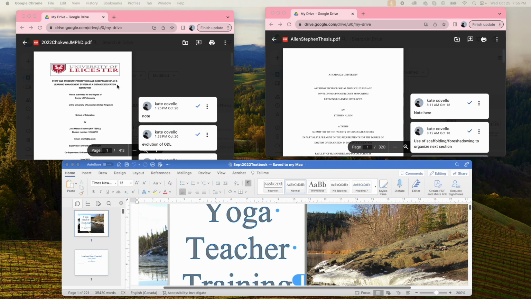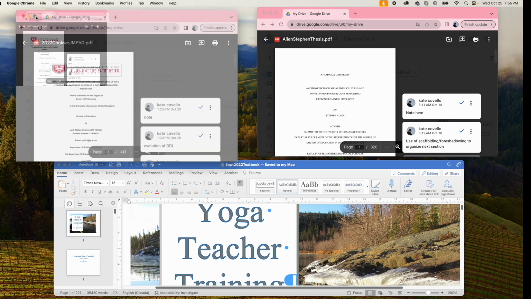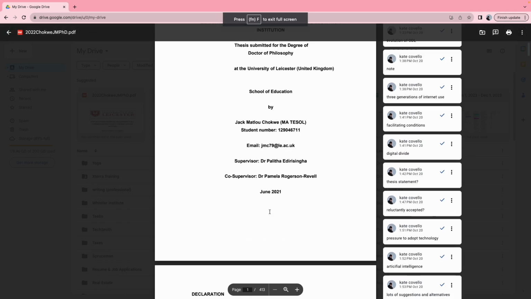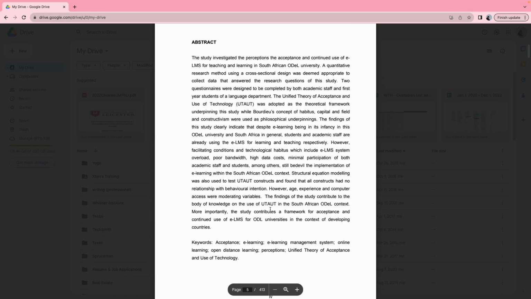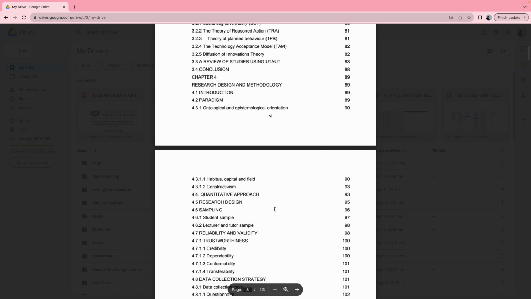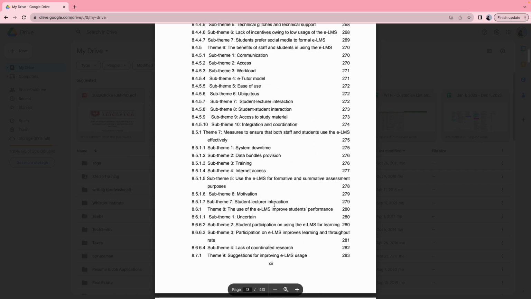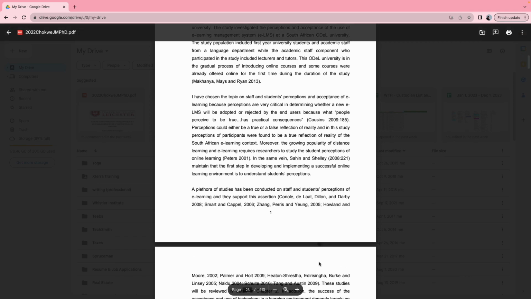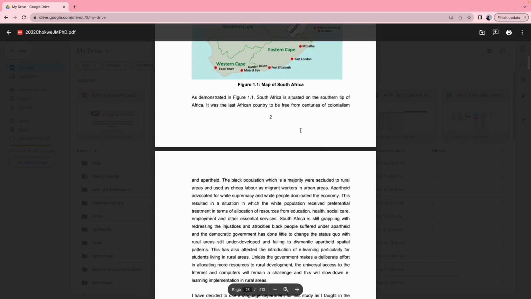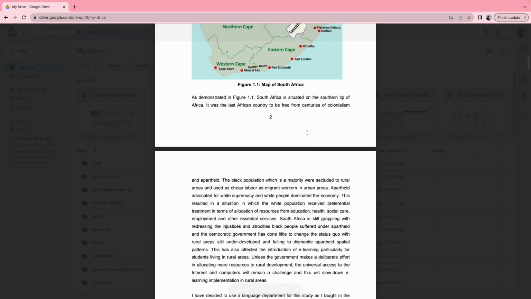Both Chokwe and Allen failed at adding chapters to their PDF. I don't know if this is a style thing or if dissertations traditionally don't use section titles for chapters, but chapter headings at the bottom of the page would have been helpful. It's really difficult to read a 300+ page dissertation in one go, and having section titles, I'm scrolling down, having section titles here in the header or in the footer would have gone a long way to making these